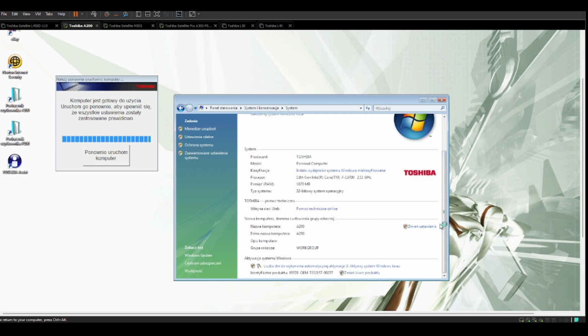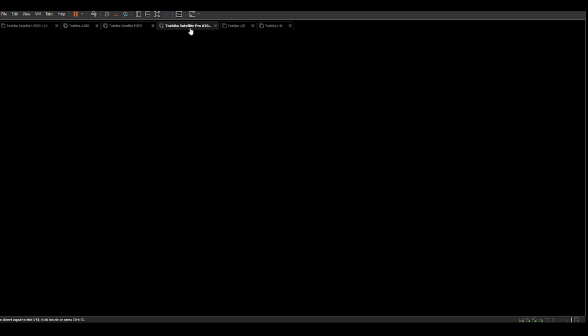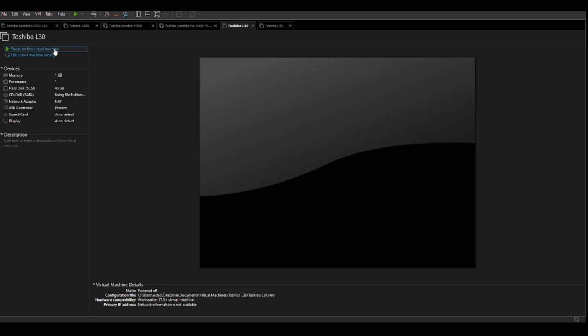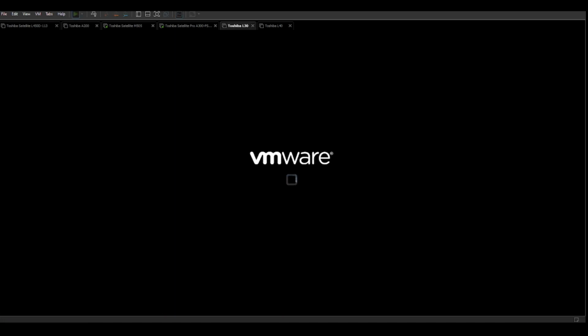But wow, I'm surprised this is slow for 32-bit. But I'm not surprised either, because there's just so much bloatware on here that it's already as slow as a snail. But otherwise, that is pretty much all there is to see here. So let's just go ahead and wait for either the M505 or the A300 to complete their restore. And I will also go ahead and start the Toshiba L30,